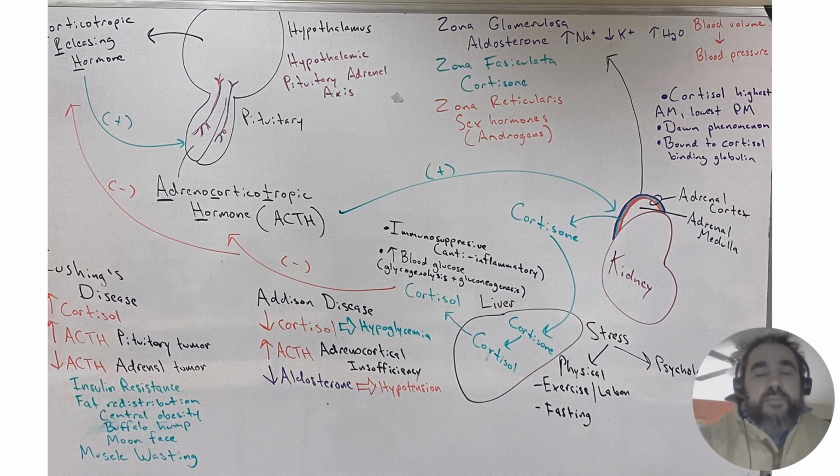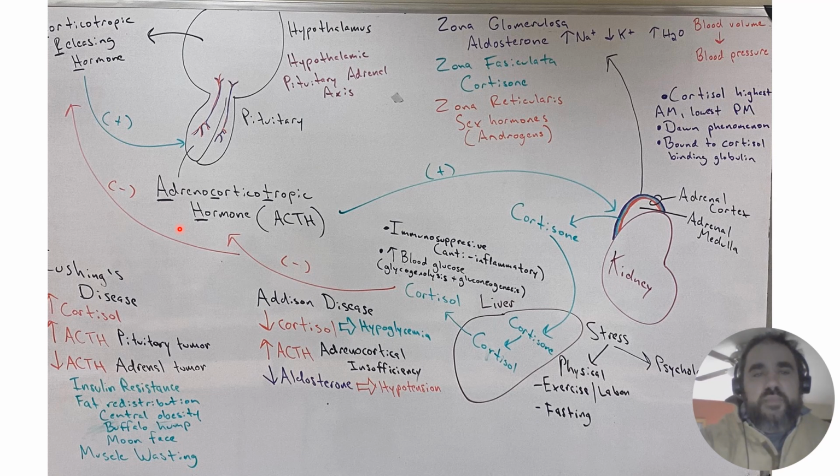So next pathway, the hypothalamic pituitary adrenal pathway. So this starts in the hypothalamus, and that is the corticotropin releasing hormone. That is going to stimulate the anterior pituitary to release this hormone called